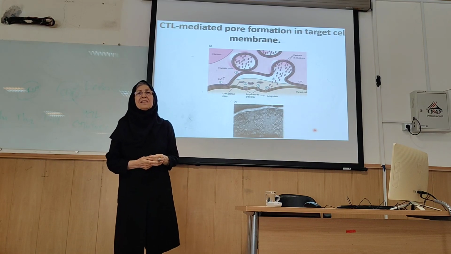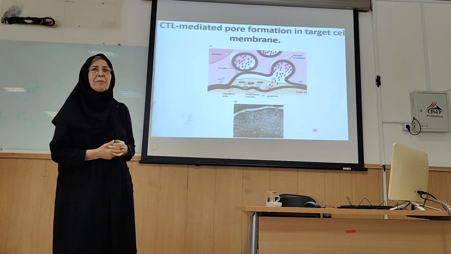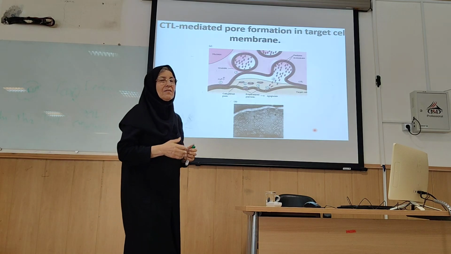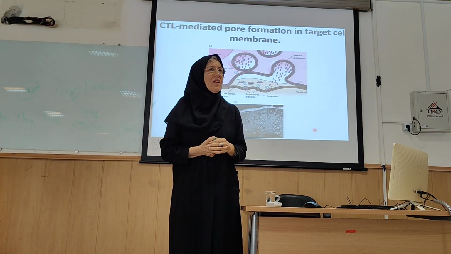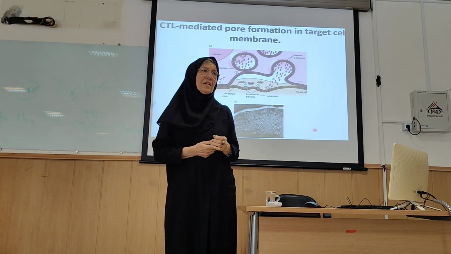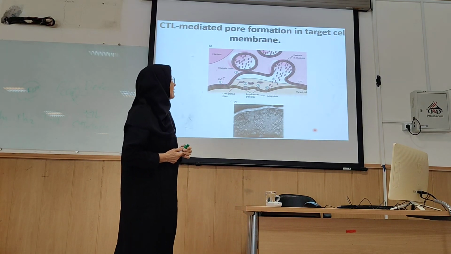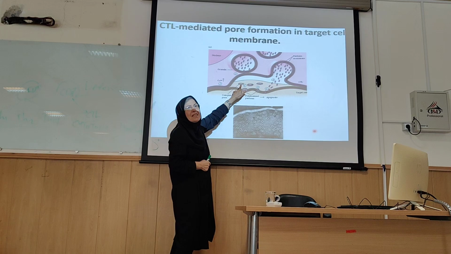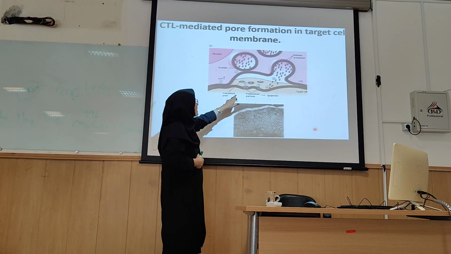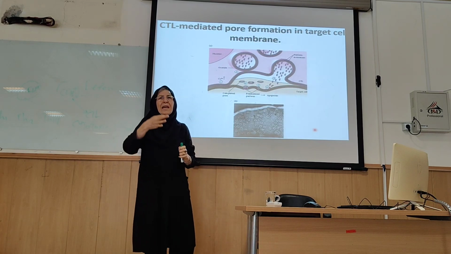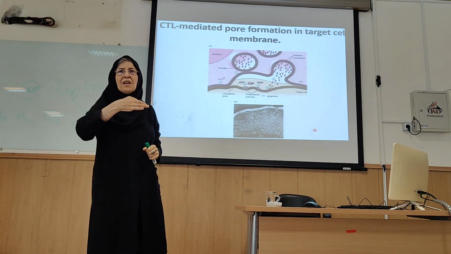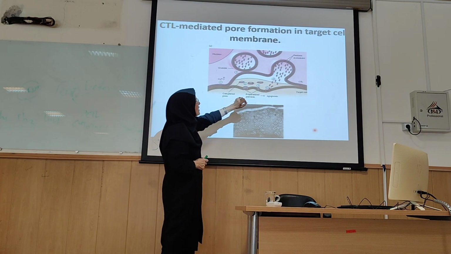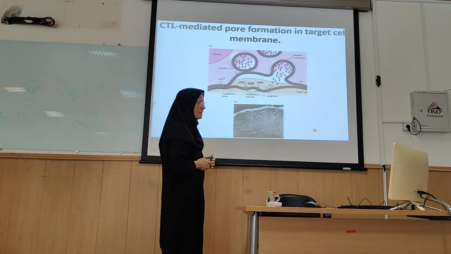Perforin acts similar to C9. Can you remember C9 in the complement system? Yes. And what is the function of C9? Makes a hole in the cell wall and allows water into the cell, to lysis. Yes, to lysis. And perforin here acts similar to C9, and polymerization of the perforin on the surface of the target cell forms a hole or pore on the surface of the target cell, and this hole causes the lysis of the target cell.